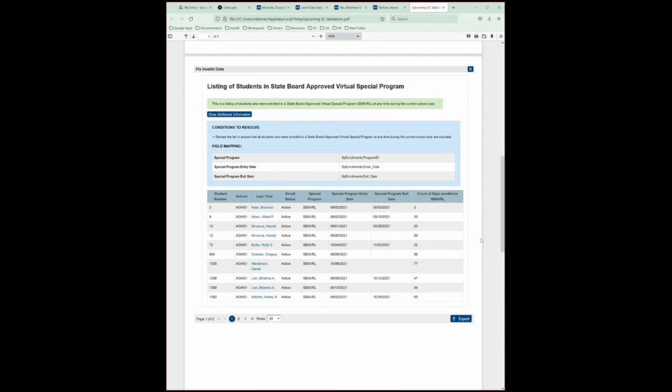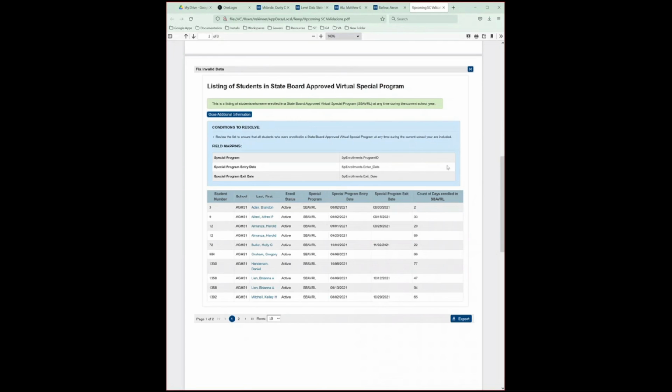If you see a student has a blank end date or an exit date, that lets you know that the student is currently enrolled in that program on their special program screen. Since this is a reports list, you have the option at the bottom to export this information out to a CSV, and you can sort. If you want to just look at those students who have active programs, you can then sort by exit date and group all of the blank dates together to see who is currently active in that program.